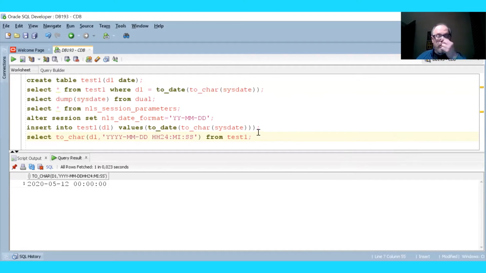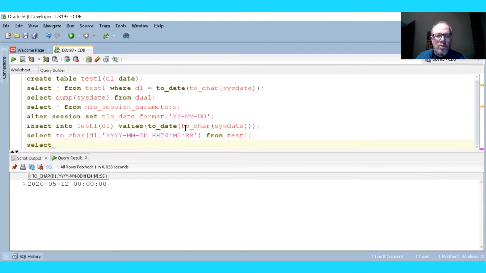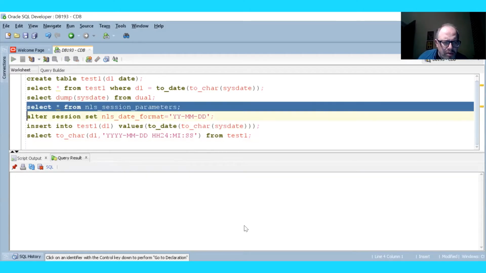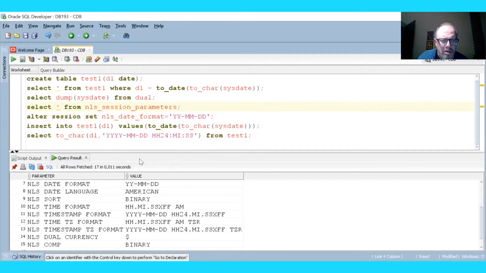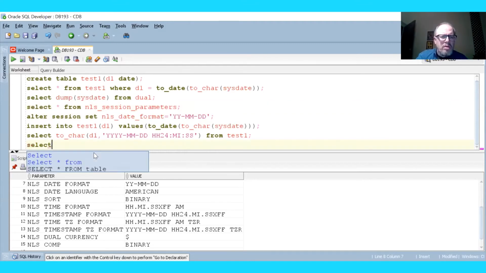So here everything is fine, right? However, actually, okay, let me see if this format has actually worked correctly. Session parameters. Okay. Okay, sorry. So with the current date settings that I have,